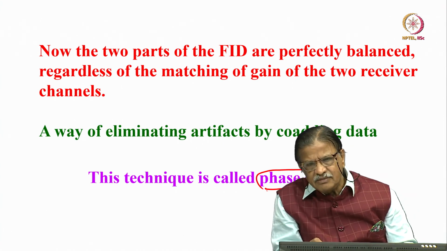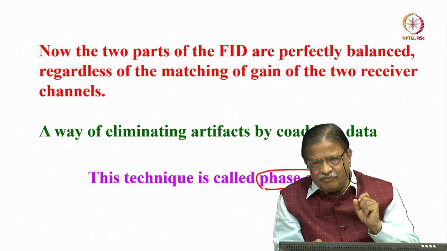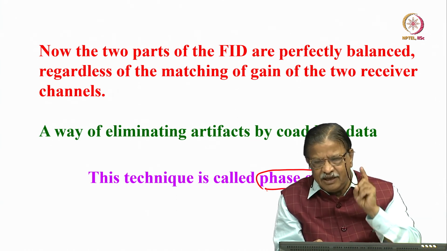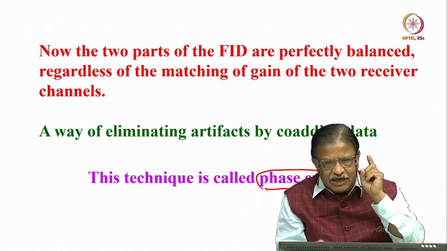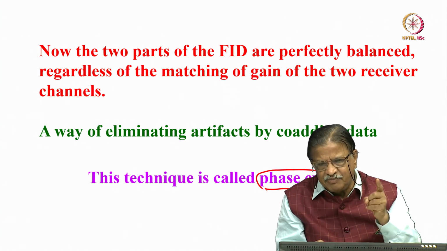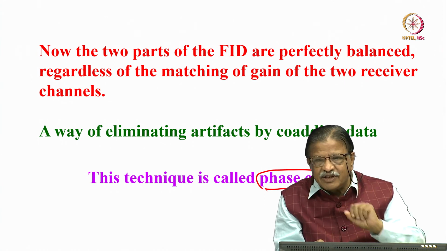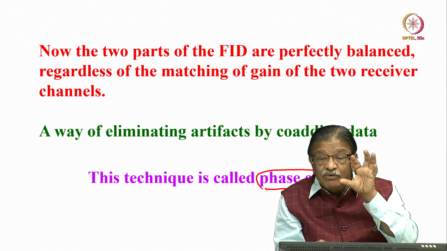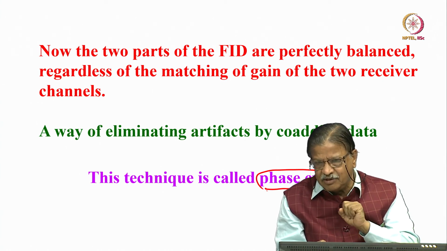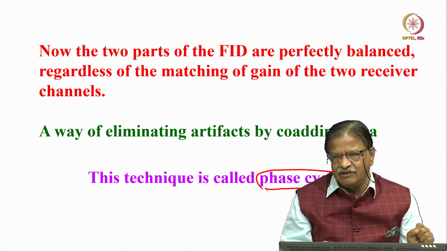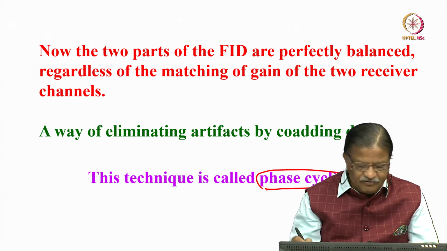Receiver phase and the pulse phase must be very clear in your mind: depending upon where I apply the pulse, where I apply the receiver, whether the detected signal is real or imaginary, whether it is absorptive or dispersive or a mixture. Everything we know, and based on that we can manipulate in such a way that we get the signal without any errors, without any phase artifacts, because of the instrument or because of any collection of the signal due to different phase distortion. All these things we can do; this is called phase cycling.